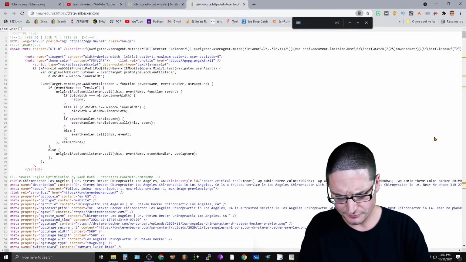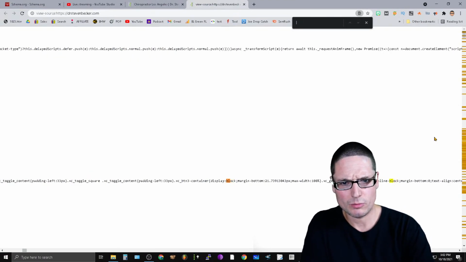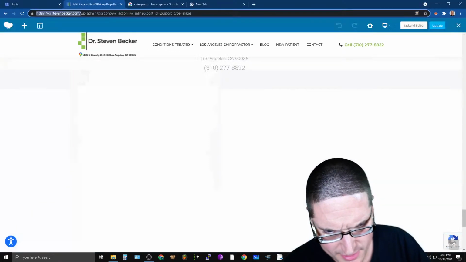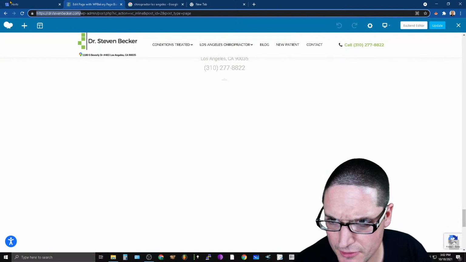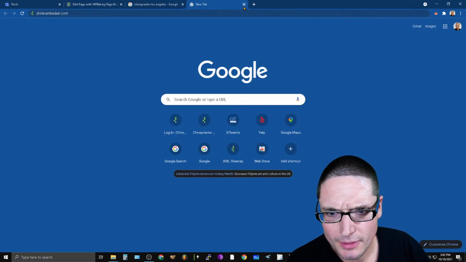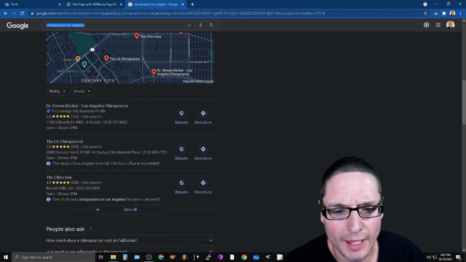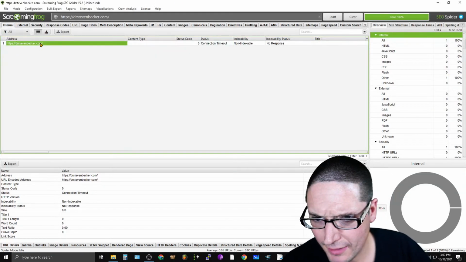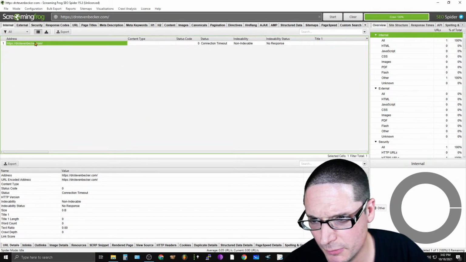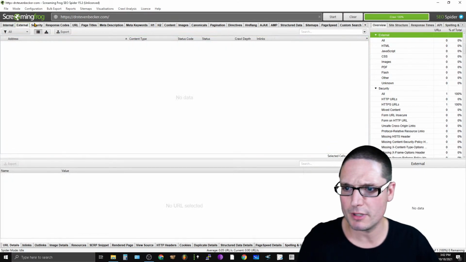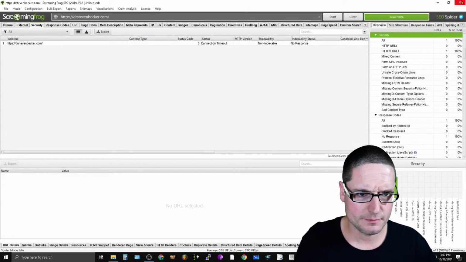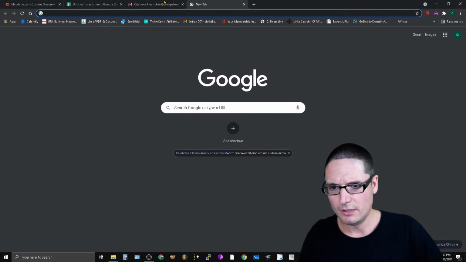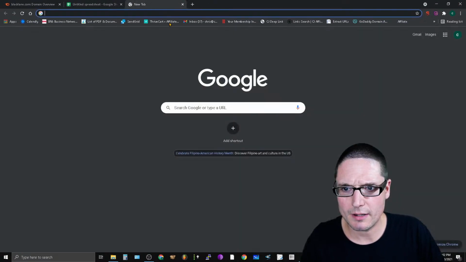Control F. Is there robots in here? I freaking hate that. It's so stupid. If there is, we're going to go squash that. I'm going to have to do this the hard way. Son of a gun, I hate that. Why would you? For what? What is the point of blocking? Oh my God. I would never do that. I personally wouldn't do that. That's not how I do things. I don't block anything. I let them all in there.